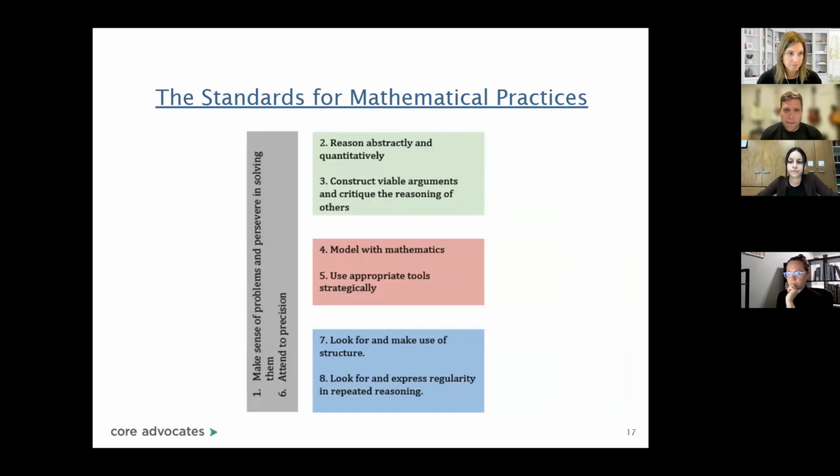So here are the math practices. Again, you probably have seen this before. This is an interesting diagram because it structures them a little differently than maybe you've seen them before. If you look to the left and tilt your head sideways, you see math practice 1 and 6. I think they have that written that way because those math practices encompass all the other math practices. You're going to make sense of problems and persevere in solving them, attending to precision, no matter what.